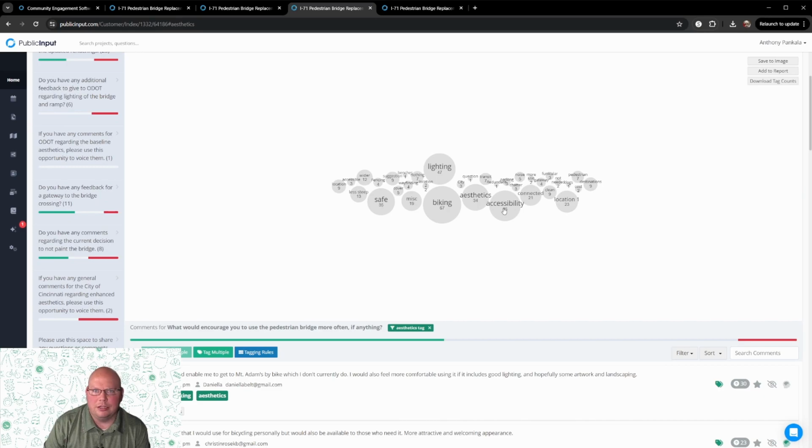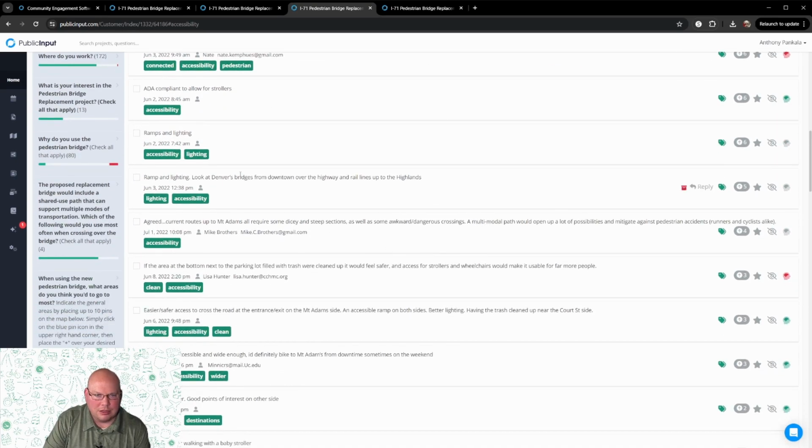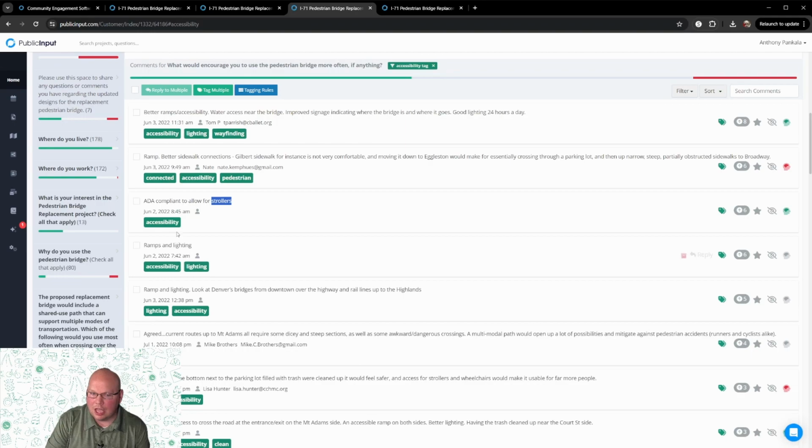Being able to bike on the bridge is definitely having an aspect of accessibility. But if we click on the accessibility tab here, we can see examples where the accessibility was more about ADA compliance to allow for strollers. Biking and strollers, two separate categories, but at the same time, strollers is kind of a very specific category. Probably not a lot of people mention strolling, but accessibility is a great broad umbrella to put that under, so